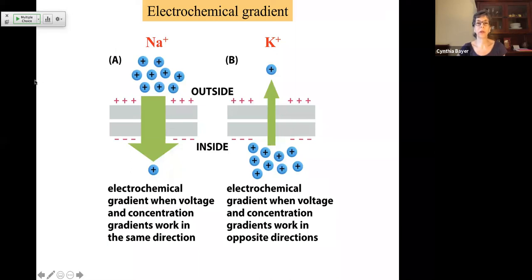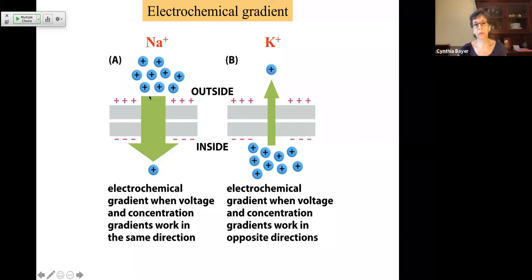So what we're trying to show here on the left-hand side is that sodium ions have a higher concentration outside the cell. So we have this chemical gradient, right? And sodium ions will be able to diffuse from outside to inside, going down their concentration gradient. This is all passive transport. And the rate of their movement is very high, very fast, because not only do we have a chemical gradient